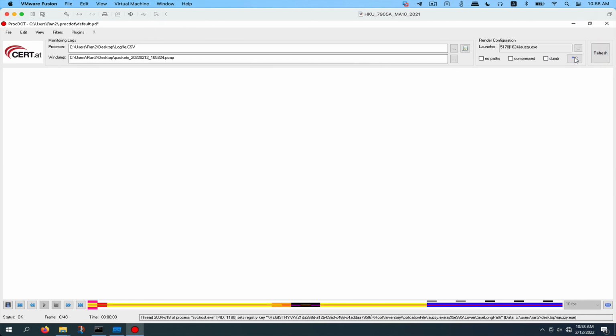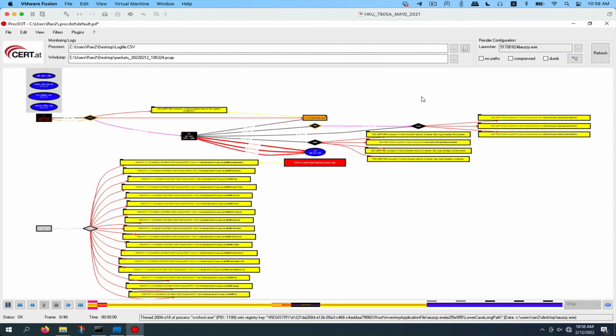Something go wrong here. First of all, can I make it larger? Zoom in. I cannot zoom in. The key is something wrong here. Never mind,